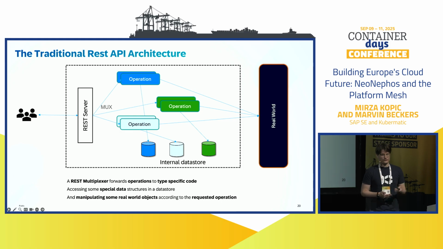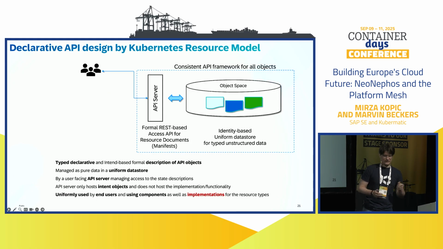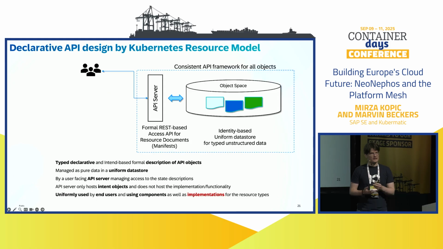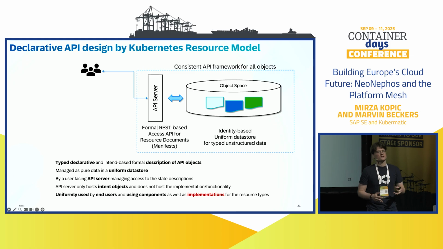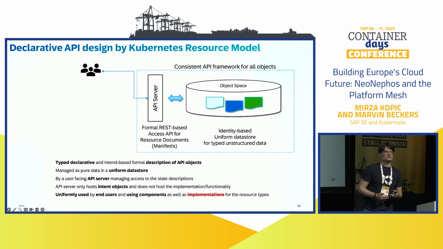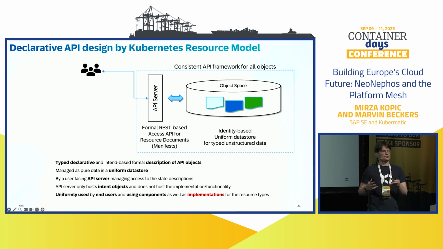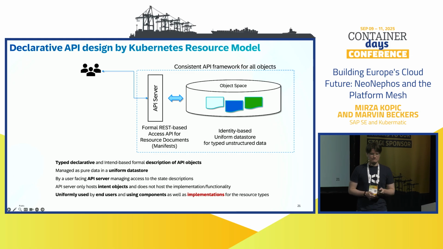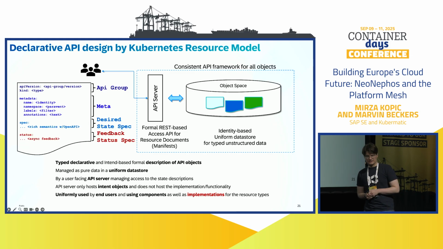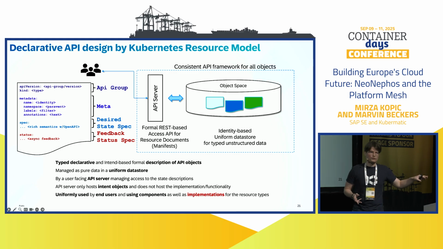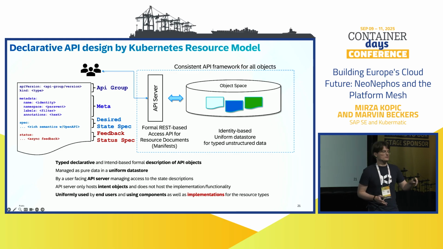So what's the difference with Kubernetes? The difference is that you still have an API server that's still REST, but it has a declarative pattern to create objects in a shared object space. And you have schemas for these objects, so you know what these are. They are typed, but you can extend them as well. Most of you have probably seen this. This is a YAML